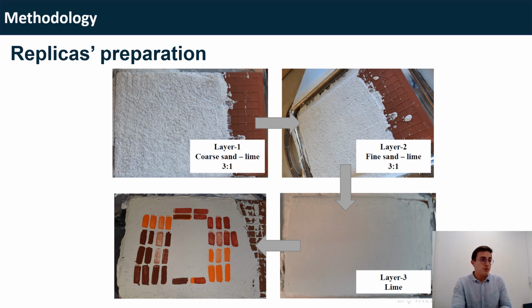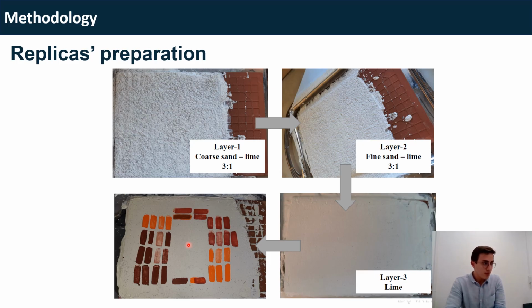So what did we do in this work? Basically, we tried to replicate the wall paintings, and as it was very difficult to do it in a wall itself, we did it in a reduced scale. So using a ceramic tile, we built the different layers of mortar, first of all with a more coarse sand, then with finer sand, and finishing by a plain